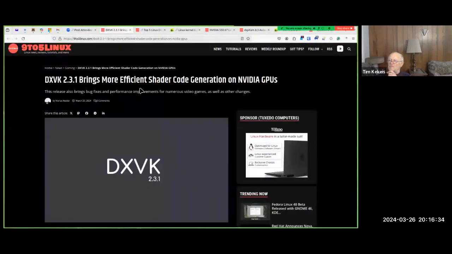Next is, now this one, remember, it's going to come up again. DXVK 2.3.1 brings more efficient shader code generation to NVIDIA GPUs. This by itself normally would apply mostly to gamers. But because of AI, we are getting into more 3D type stuff. This includes Peter with his 3D printers. So